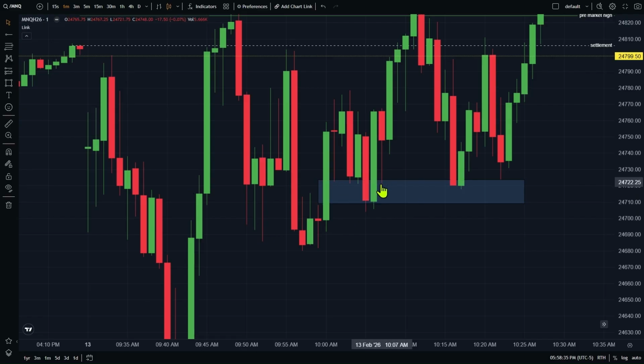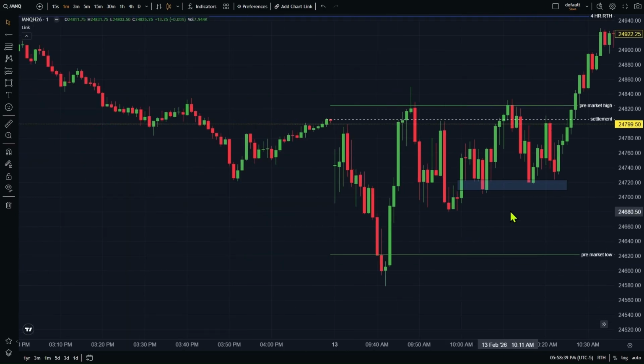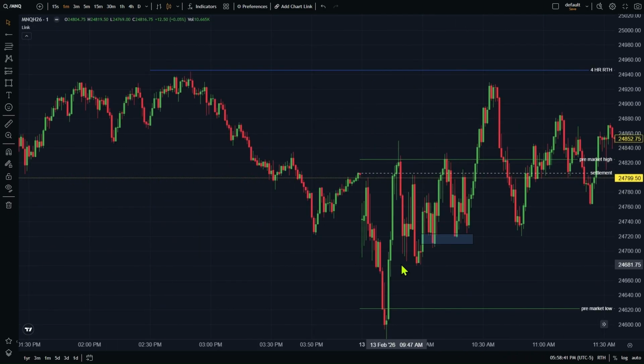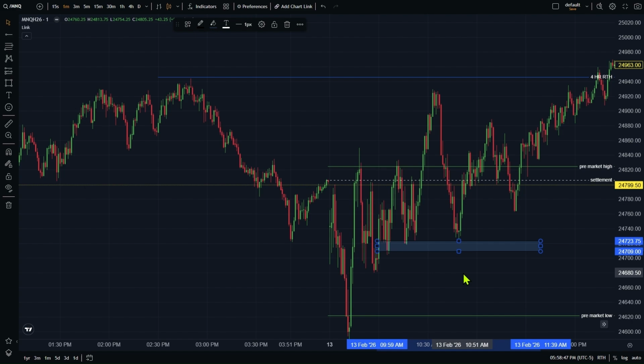So let's say we get in there, we put our stop below these lows, and then, in my opinion, you just have to walk away and come back at 3 o'clock and see what happens. Because all of this, I was in on a trade here somewhere. I can't even remember exactly where I entered, but this right here,